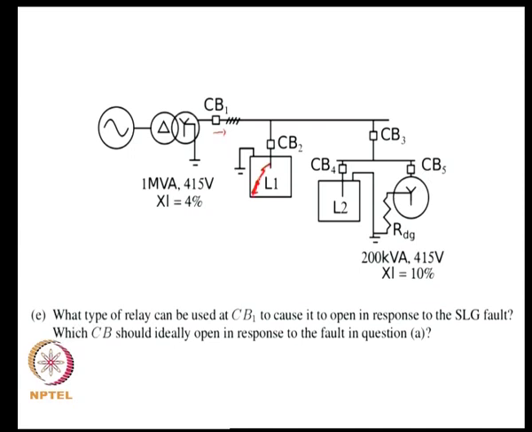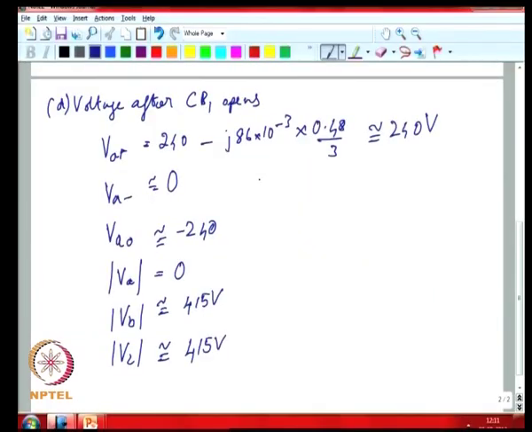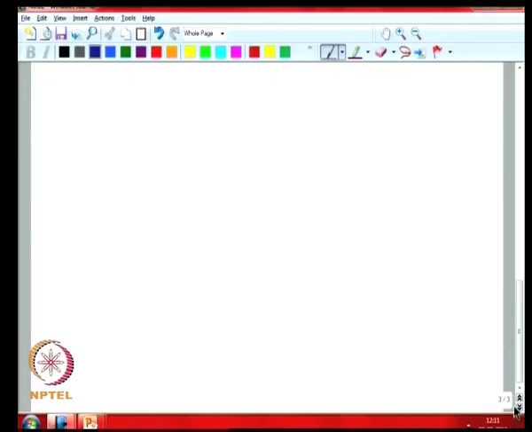So, if you look at the fault current level, we saw that the fault current level is of the order of 30 amps when the fault occurred in load 1,